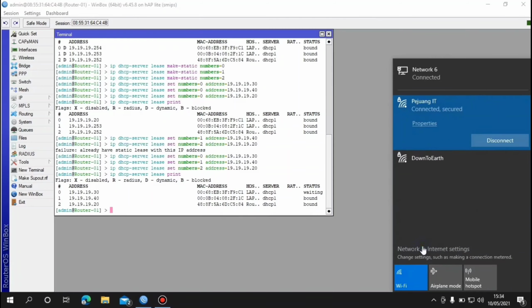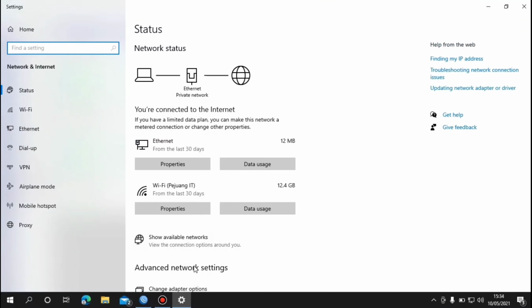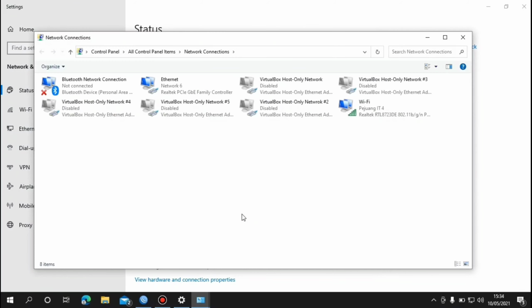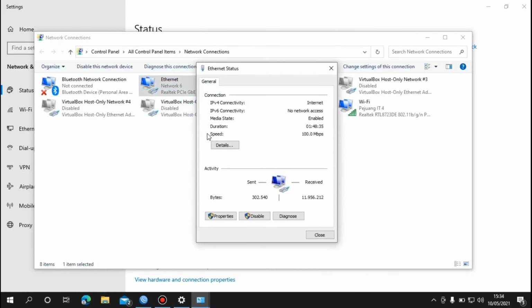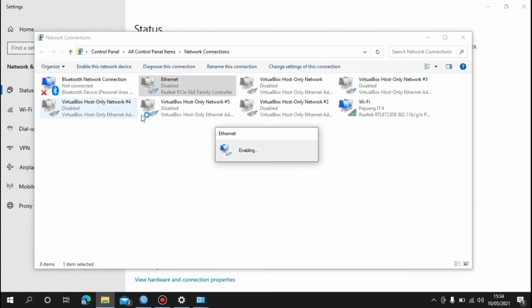Open the network and internet settings, open change adapter option, Ethernet. Before that, we disable this network device and we must enable it again.